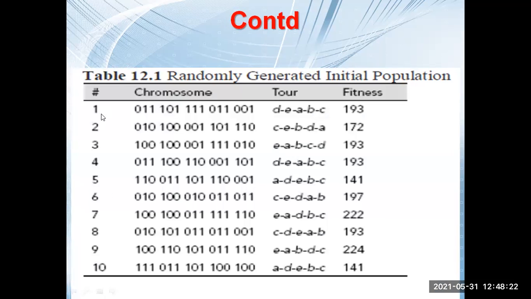Now here you see, just as I told you, it is a randomly generated initial population. So let us say there are 10 populations, and these are assumed chromosomes. Based on these assumed chromosomes, the fitnesses are calculated. This is just to show how the populations are generated, and based on that, the fitness has to be calculated. Fitness means the value of that particular objective function. Objective function in this case is fx.